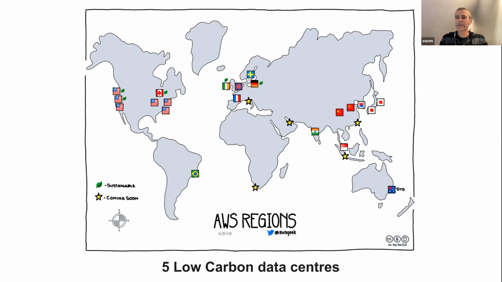The default AWS regions that people typically run in to get started, like US East 1, are based in Virginia. Virginia largely gets electricity from burning coal. Part of the reason that there are a lot of data centers in Virginia is because electricity is inexpensive due to the embedded coal industry. So if you are running within AWS, and you care about the climate impact of the services that you operate, I highly recommend considering running out of regions that have these green leafs associated with them.